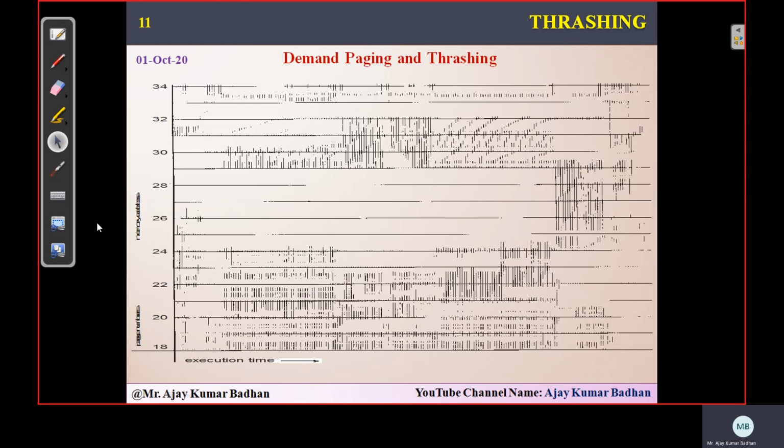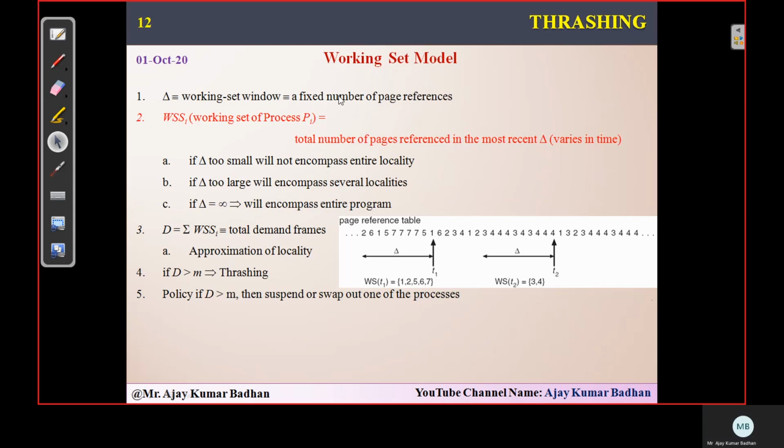This is a graph. You can see here, but I can't explain much about it. These lines are the localities when that particular process is executing. These are the page faults related to your processes. When there are 30 page faults, this is the diagram we get. As the execution time increases, the page faults keep increasing, because the more processes are coming, the more page faults are going to take place.